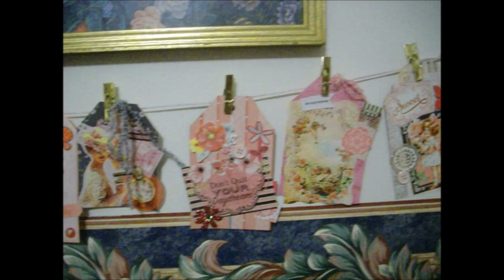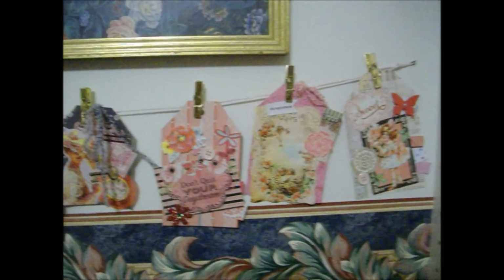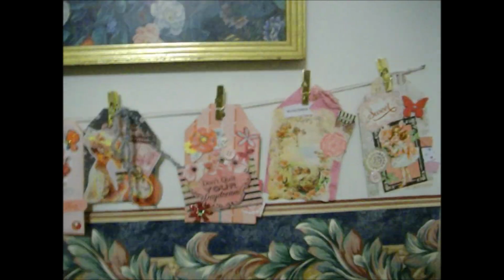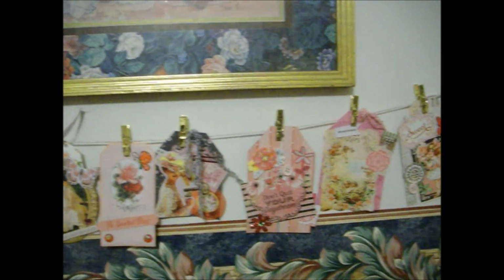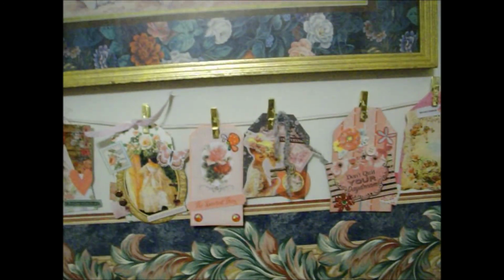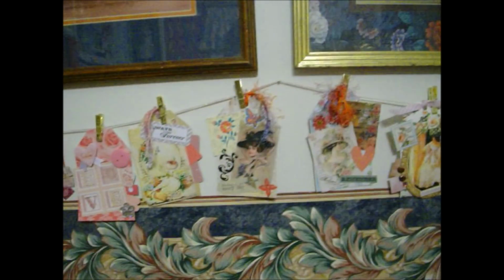So these are just some pretty pink ones because my craft room is pink and I've made a little display of some of them. I make them for my scrapbook pages for holidays, pets, birthdays, every day, just all kinds of subjects. So I'm going to make some for you. Okay,